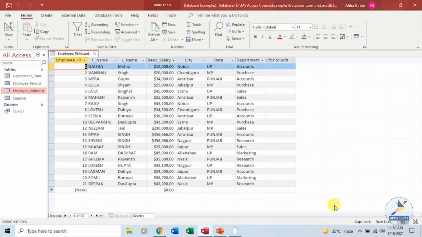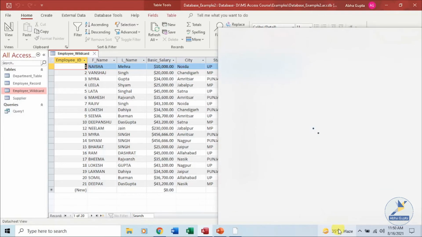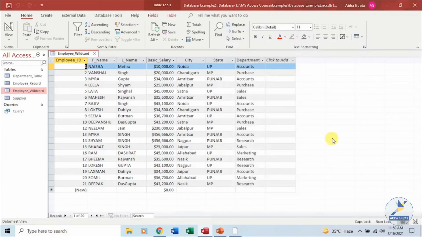Now there are many wildcard characters which we can use, like asterisk, question mark, brackets, exclamation mark. Then for numeric you have the pound symbol. So let's discuss each one of them, and then we'll see how that can be used.